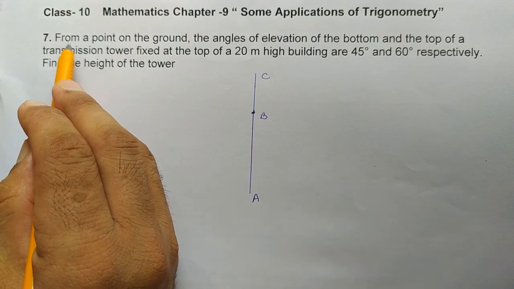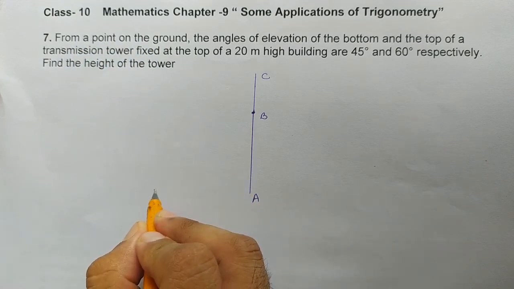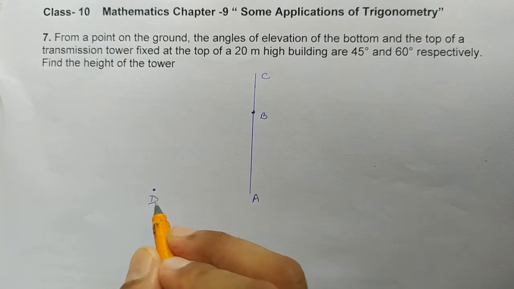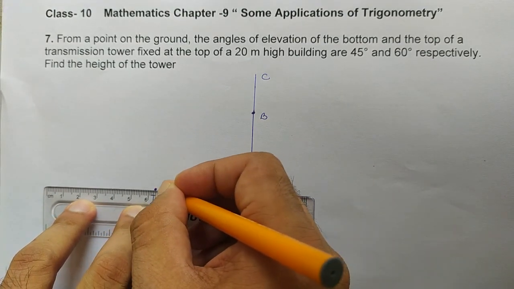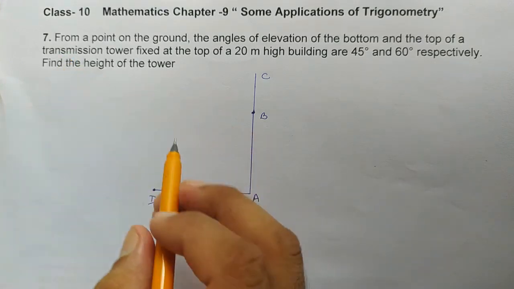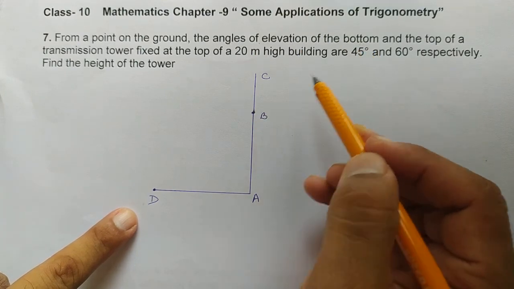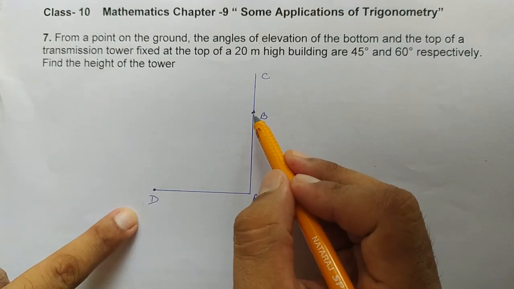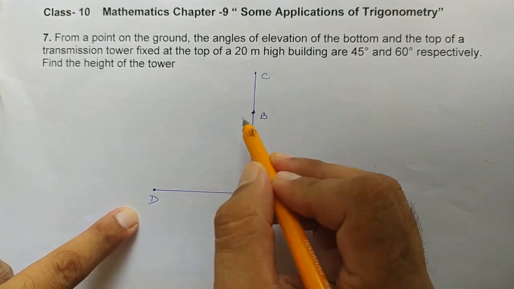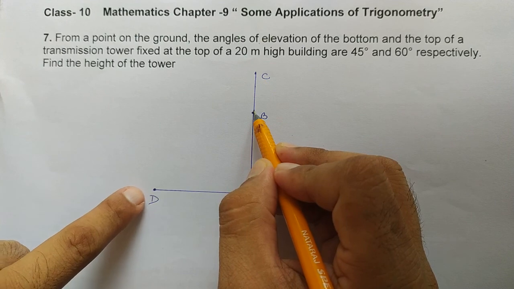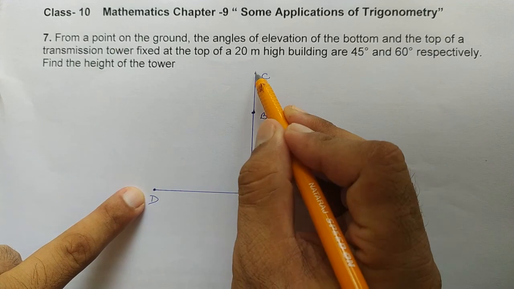Now he is saying that from a point on the ground. So let's take a point on the ground. Suppose D is the point on the ground. So let's join this point with the bottom of this building, with the foot of this building. So from a point on the ground, the angle of elevation of the bottom and top of the transmission tower. This is the transmission tower, this is the bottom and this is the top. So the bottom's angle of elevation from this point is 45 degree and the top's angle of elevation from this point is